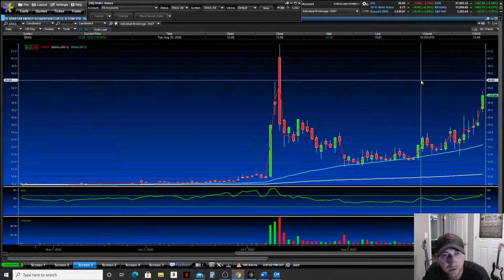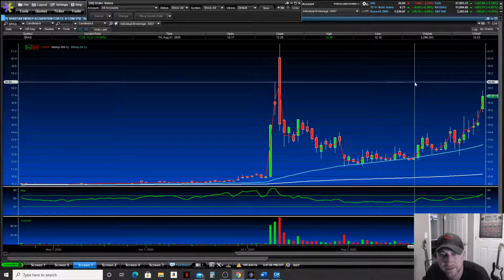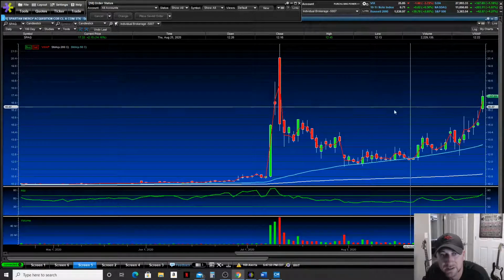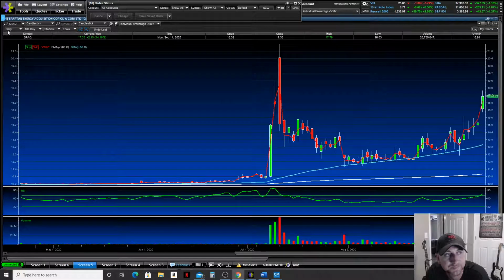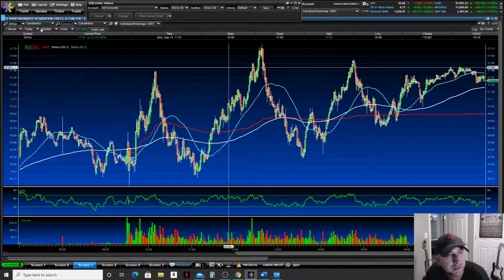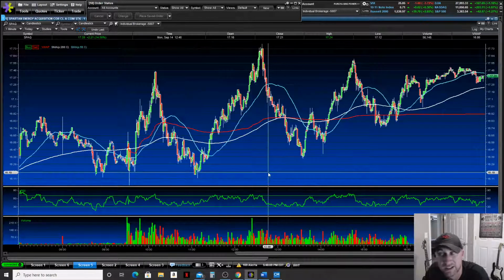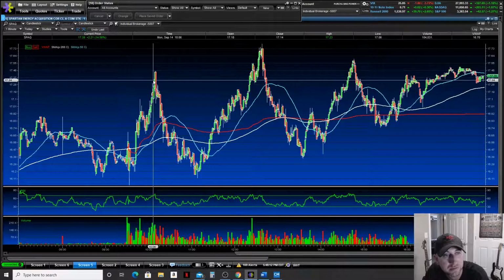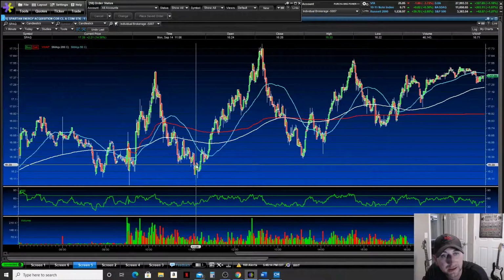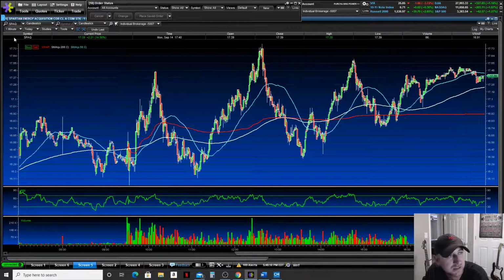So pretty cool. I would look for a price target perhaps in the 1850 range next, if it can stay up here and curl up maybe tomorrow. Maybe we can get to the 1850. Super choppy though. I mean, look at that. This is the daily chart for today. So unbelievably choppy. Every time it pops up, it sells right back down where it came from. So not exactly what I want to see in a stock that I'm going to hold for several days, but